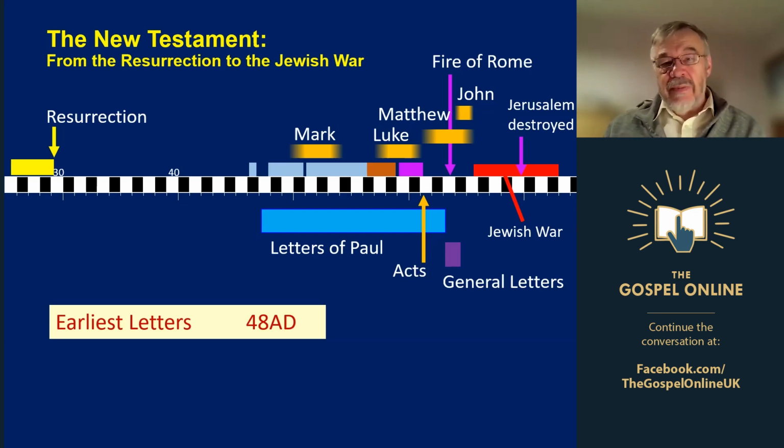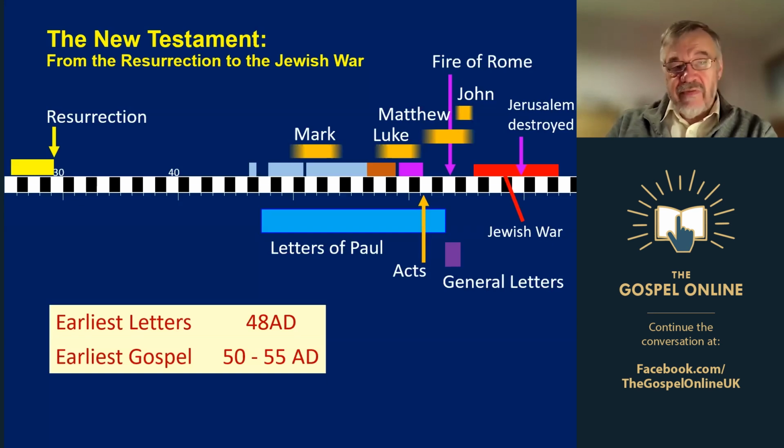There'd be lots of people who were around at the time of Jesus's ministry who would have been able to read Mark and comment on it, say whether they're right or not. And when it comes down to the earliest gospel, that's Mark, 50 to 55 AD, then people will be able to comment on Mark, and there wouldn't just be a few people, there'd be lots of people. There'd be the Pharisees and the Sadducees and the ordinary people in the land, as well as Christians who had followed Jesus during his ministry.